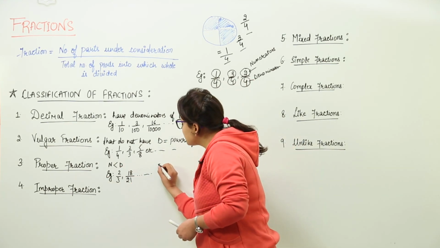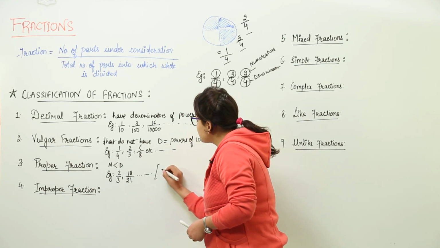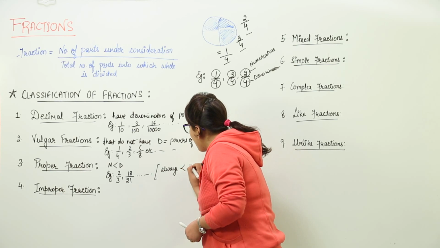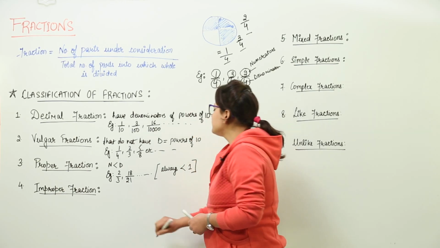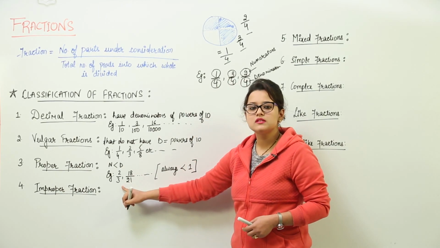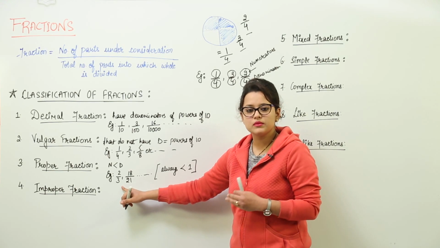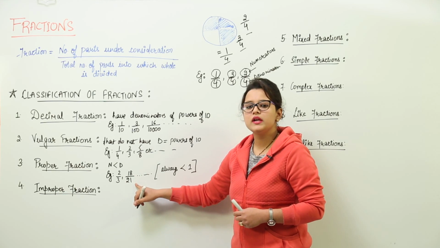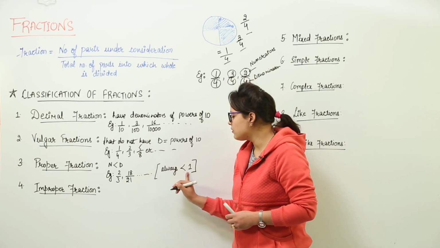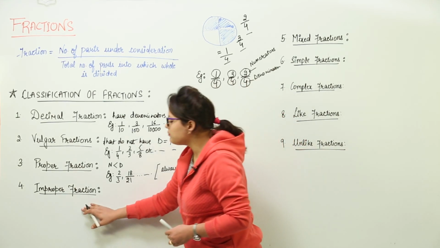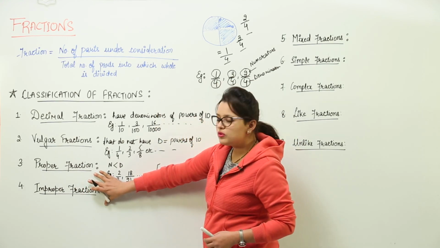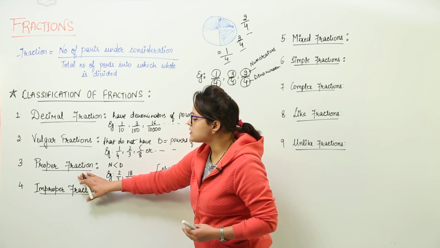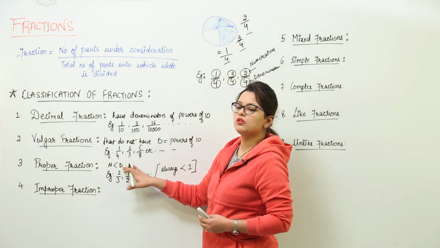One more thing, please make a note of this. Proper fractions are always less than 1. Right? 2 by 3 is a value which is in points, 0 point something something, so that is less. Even if you divide these, you will get a value which will be less than 1. What about the improper fractions? By the name only you can get the idea. That means proper fractions are those which have the numerator less than the denominator.